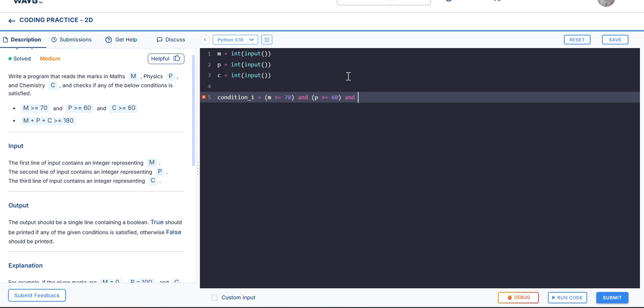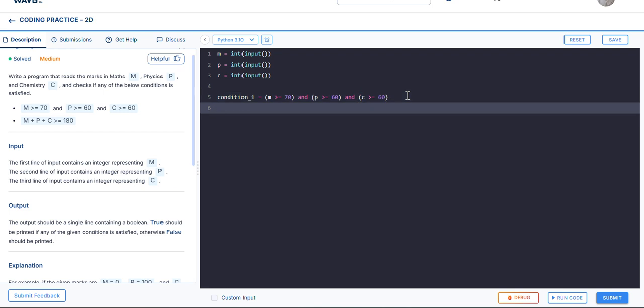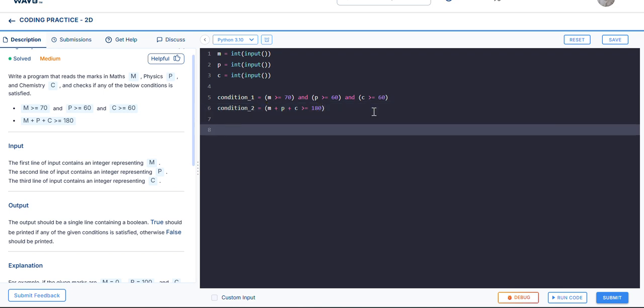In that way we get the correct output. c greater than or equal to 60. This is condition 1. And after that, condition 2: m plus p plus c greater than or equal to 180. And finally, what they have mentioned is any one